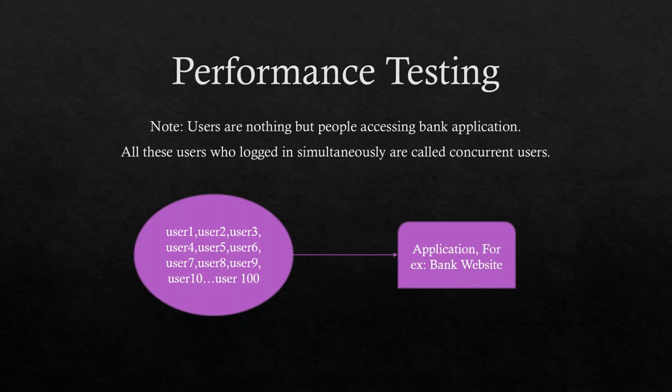Now we know what this performance testing is, right? We are testing the application's performance under some load. What do we mean by load? This set of concurrent users who are accessing the application, right? We are testing the application's performance under some load. That is called performance testing. Now, this is a generic definition, but you have to know the textbook kind of definition as well, right? There are some terminologies which we have to know, which are part of the textbook definition.